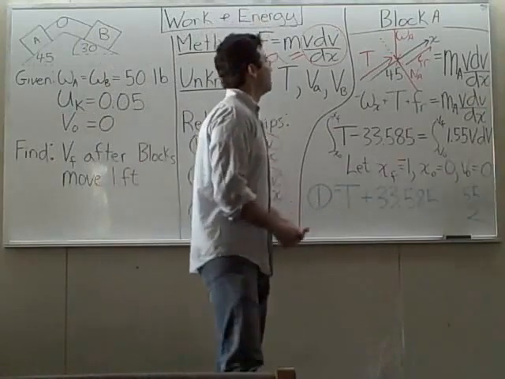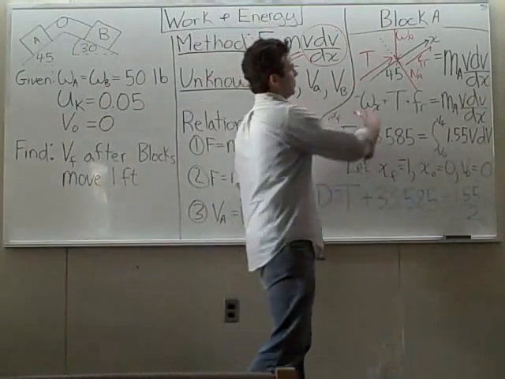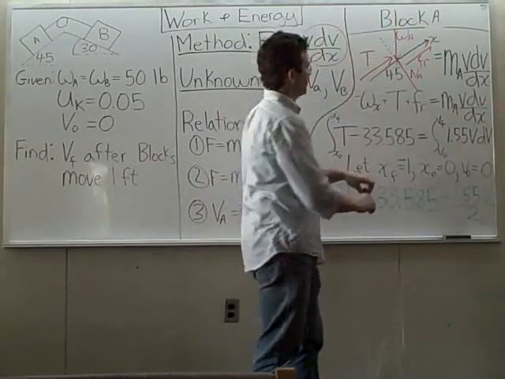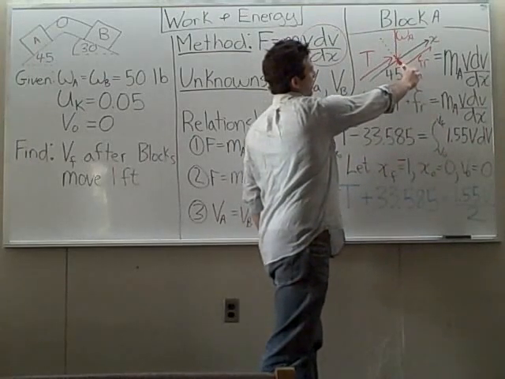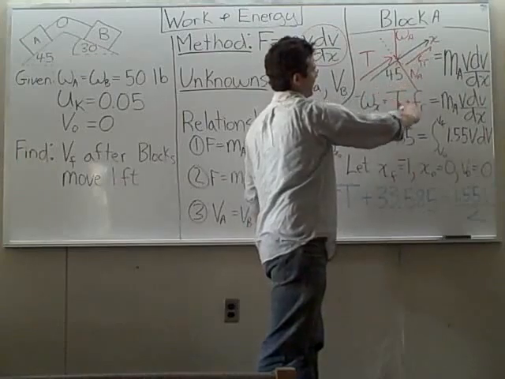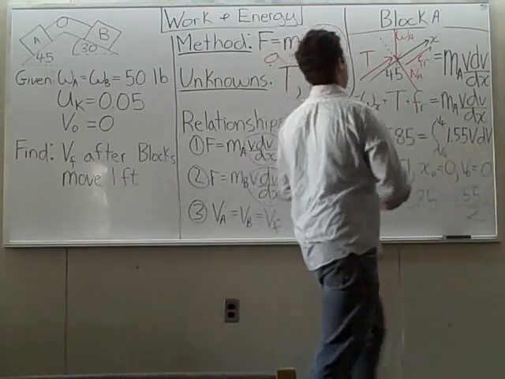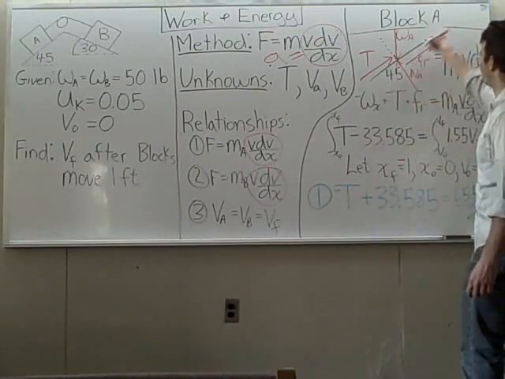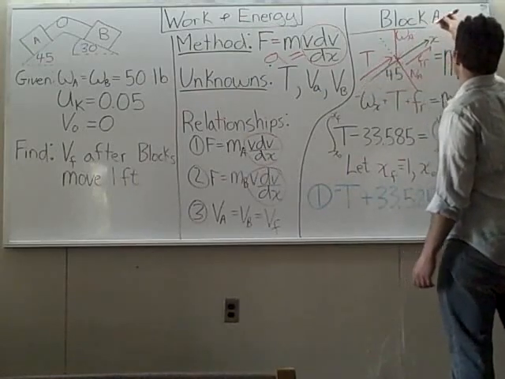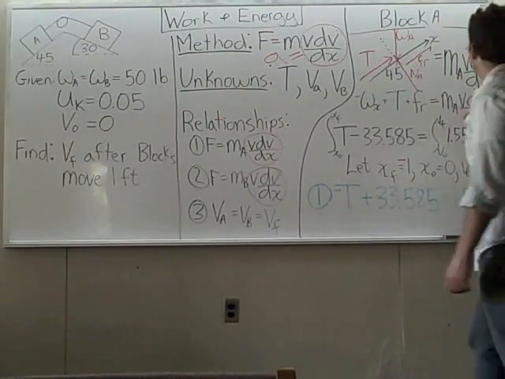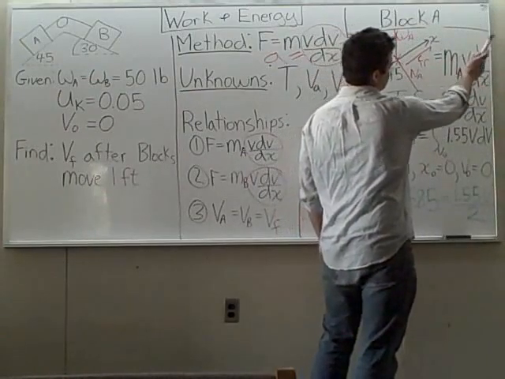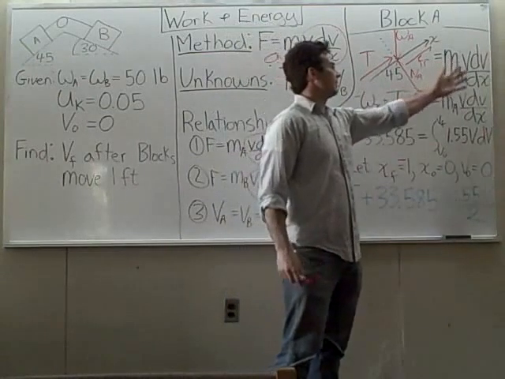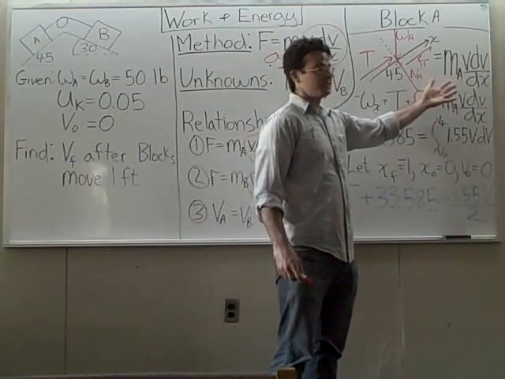And so we have our free body of block A. Again, I just drew the inclined plane at 45 degrees. I brought the weight coming straight down, the normal coming up perpendicular to the x-axis. We have our motion. I've decided our motion is going to come down the plane, and so our friction is going to go up the plane, and our tension is going to be going up the plane. And that is all equal to the mass times the acceleration. And you don't need to worry about the sign of the acceleration, because when you integrate, the sign is going to come out,